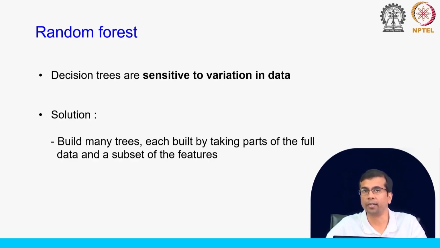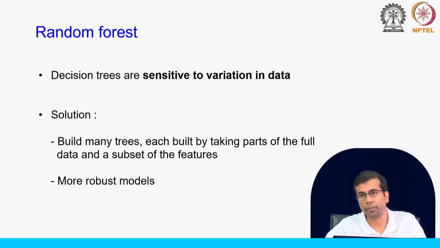As we said, trees are very sensitive to variation in data, so these trees will be different from each other. The final classification or regression is done by taking the output of all the trees that are built. This makes the model more robust, and it can then be applied to new data sets. Instead of building one tree and doing classification or regression, which might affect accuracy and might not be very useful if we want to apply that model to a new data set,